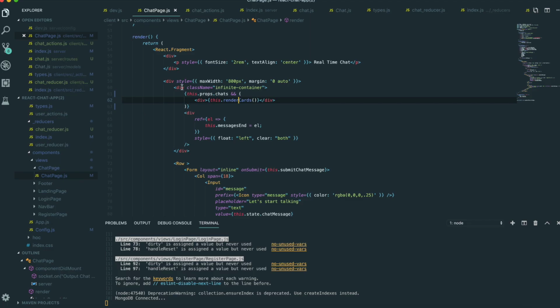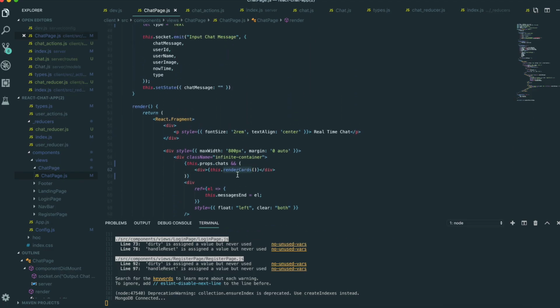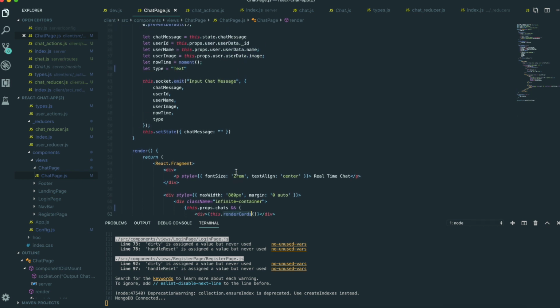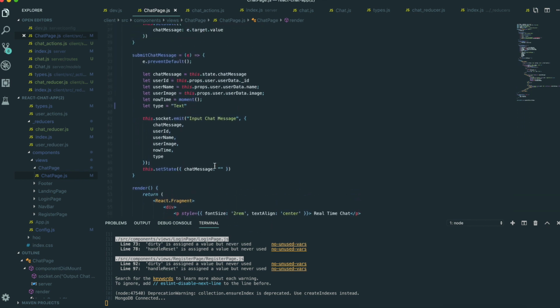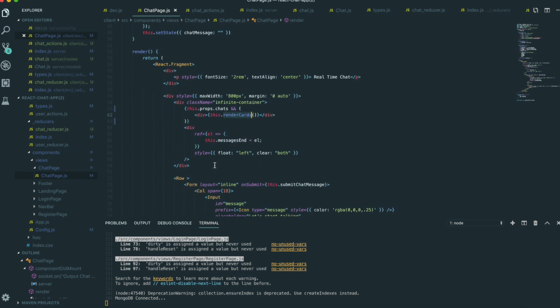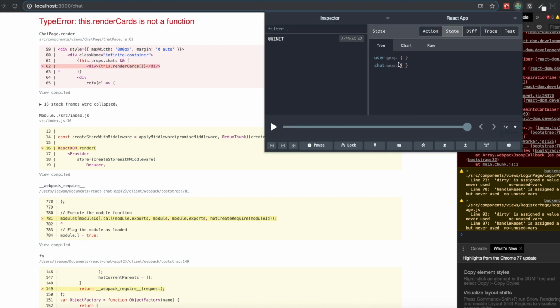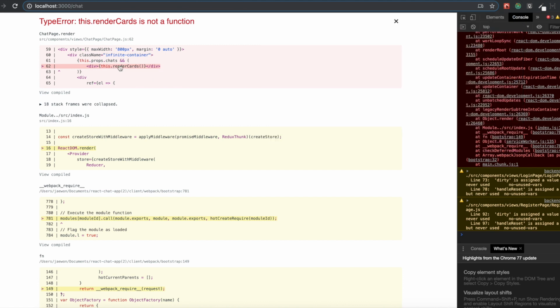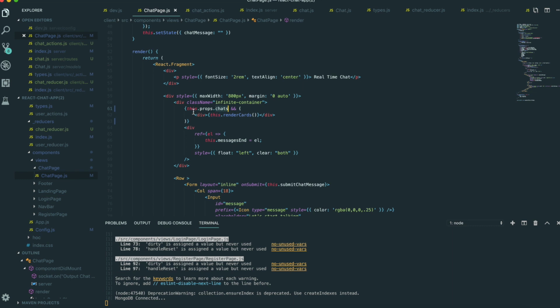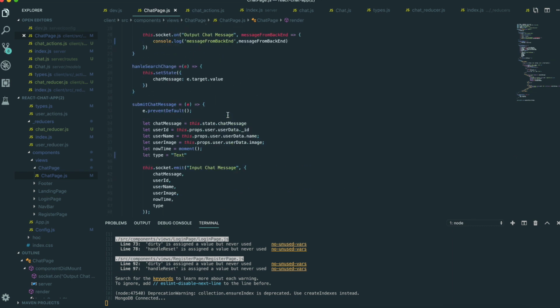There is an error in this one because we didn't make this function yet. So right now we need to make it. The reason why I did it like this is that if we don't have a chat, we don't need to let this function work. Only after we have this chat message do we want to let this function work. That's why I gave it the condition. So first we are going to make this